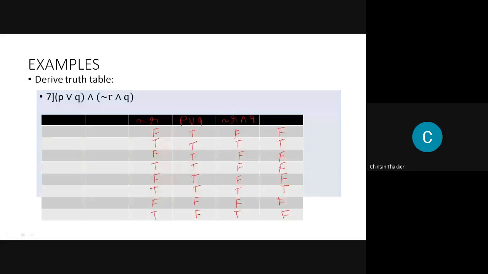Okay. So this is the truth table of this statement.